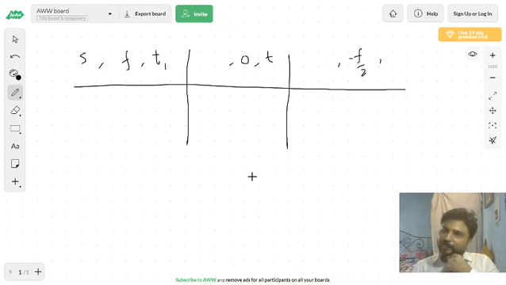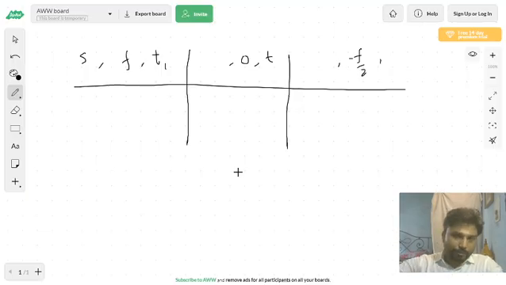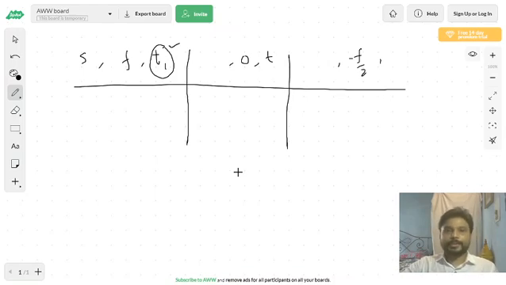We are given the condition that the total distance covered is 5s. So what are the equations which would be right over here? Which equation would be correct? We assumed already that the time taken in the first part of motion is t1, which is not given to us. So we know the equation v equal to u plus at, right? Final velocity is equal to u plus at.